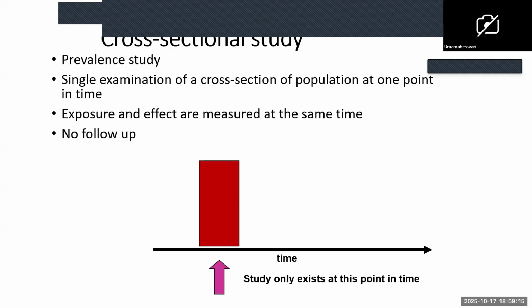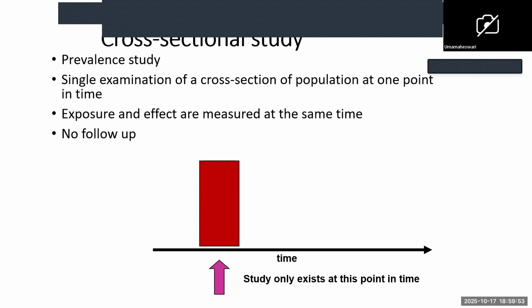And then comes the cross-sectional study, which we commonly do in our areas, because this is easier. Cross-sectional study is otherwise known as prevalence study. So what do we mean by cross-sectional? This is a single examination of a cross-section of a population at one point of time. You just decide on one study. I want to study the prevalence of anemia among medical college students. You just go to the medical college students. There will be 5 batches. You just study